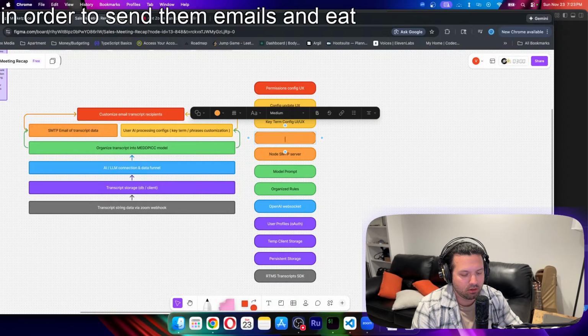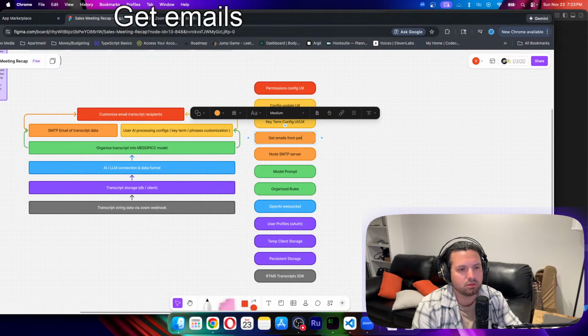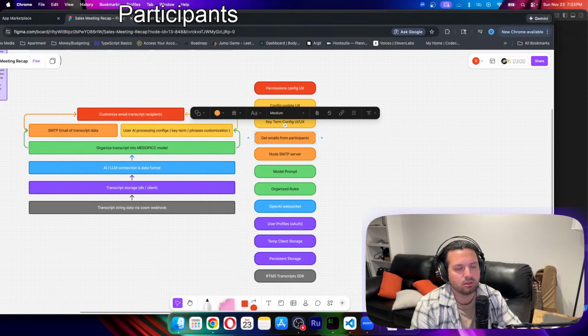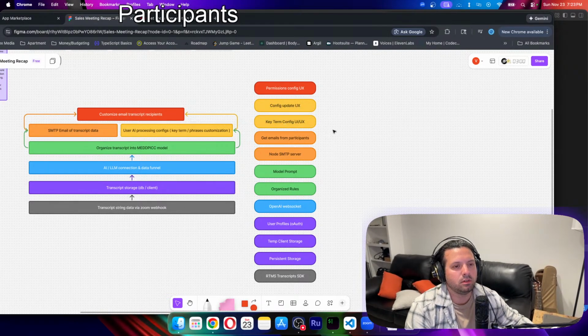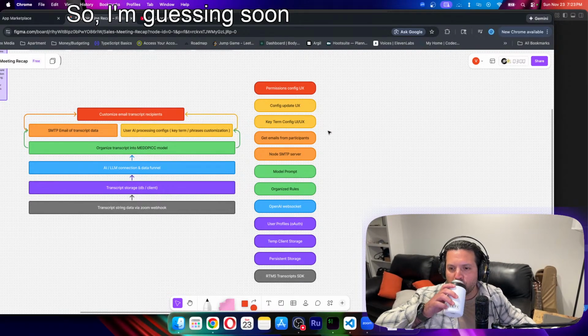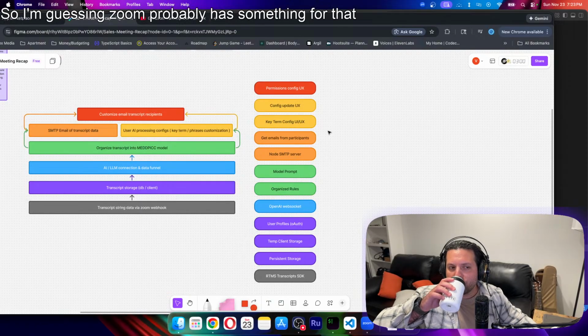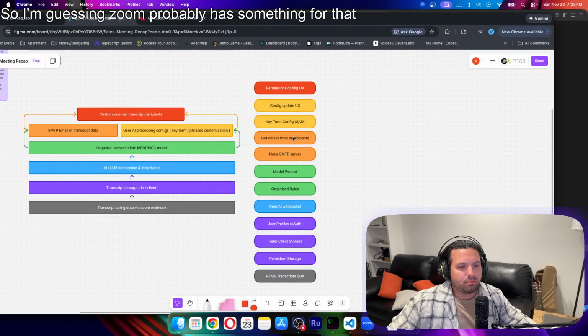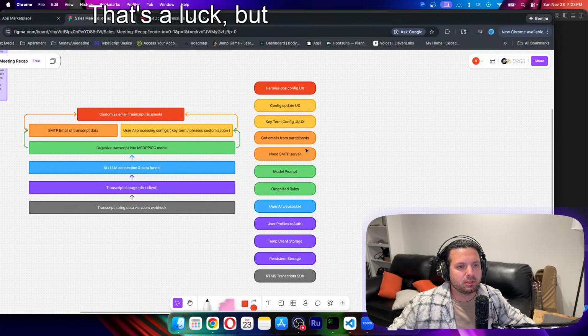So get emails from participants. I'm guessing Zoom probably has something for that. I'll have to look, but I'll have to actually be able to get the emails from the participants,